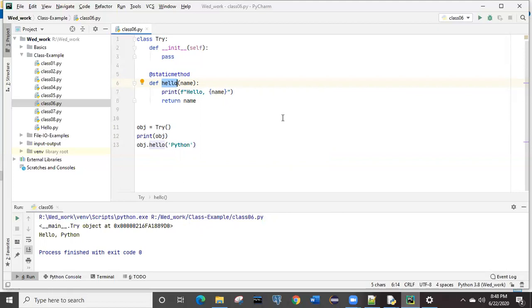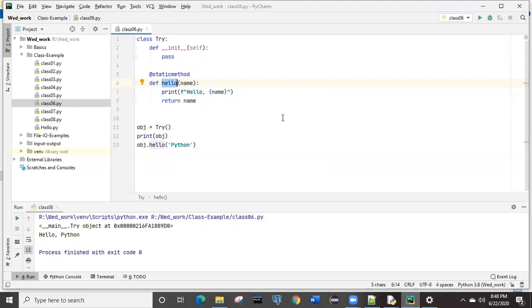See, if you remember the fruit class, there was one data member known as size, which had the value small. Whenever you call fruit dot size, it gives you the same value, small. And whenever you call that size with an object, orange dot size, it also gives the same size value, small only, right? Now, correlate that example to this one. With the obj object, you are calling this hello, and it is printing, right?